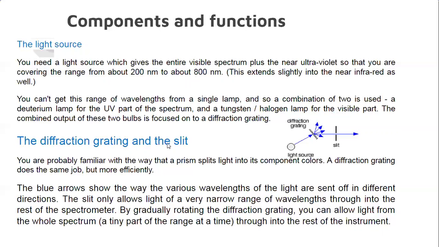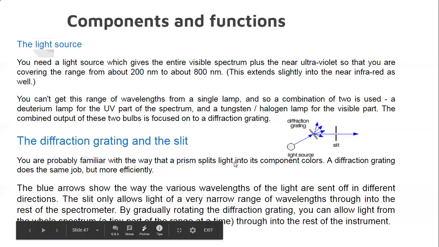Next, diffracting grating and cell. The diffracting grating is nothing but a monochromator. Generally this monochromator may be a prism. What is the role of the prism? We know that when white light is passed through the prism, the prism will diffract the light into 7 different colors. So that means a splitting of light. If you replace this diffracting grating with the prism, it does the same job, but compared to the prism, the diffracting grating is more efficient.